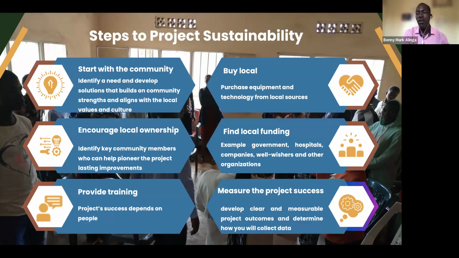perhaps misused or lost in the process of trying to import a product that perhaps you have no idea of how to go around. But if you get from local sources, you are reducing, first, the several taxes that come along with product importation, and reducing the project expenses. Then find local funding also as part of your project.